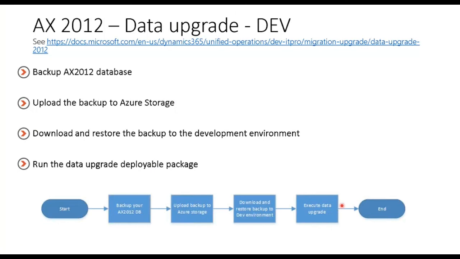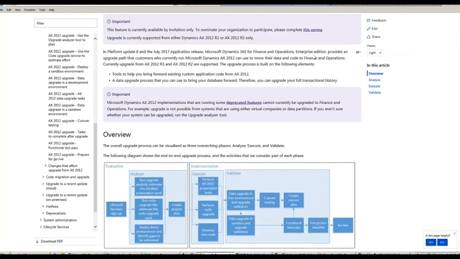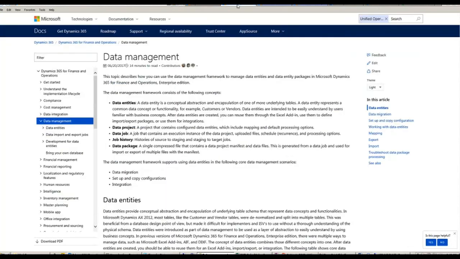You can start working through the errors. When we ran this internally, we got some errors due to duplicate key problems with some tables. So we disabled the index, ran through it, figured it out, gave the feedback to Microsoft, and carried on. So that's the high-level process of doing that in a dev system. And we've got a link to the data upgrade process there on Microsoft's website. Have a look at this one and go through that information as well.